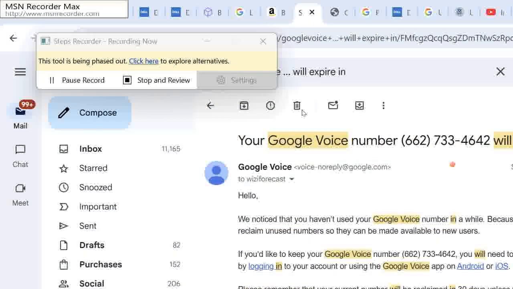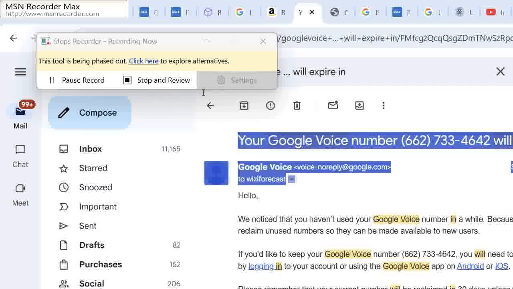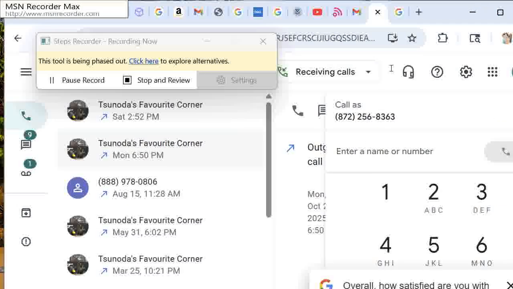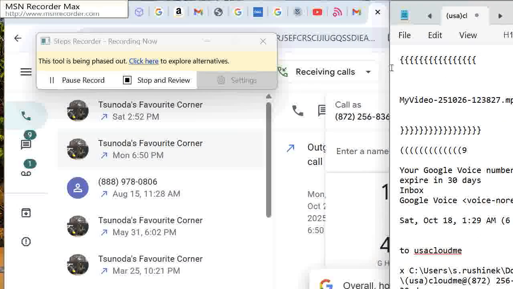And the next one in line is Wiz Forecast, Wizzy Forecast. So in order to capture that, I'm going to copy the top of the email, place the cursor on it with Control C, copied it to the clipboard buffer, and then go to another instance and see if I can log into it. But before that, I want to post it in my notepad, right there, Control V,